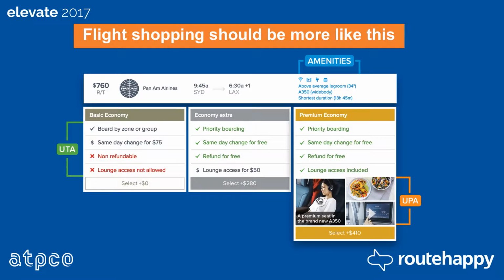You should, at a glance, be able to know what kind of amenities are on your flight. You should have a sense of the most common fare restrictions and baggage rules and things like that are relevant to you. And you should, of course, be compelled to upgrade your offer with rich media, including photos and videos and easy to understand iconography. So, for your consideration today, Routehappy Hub.